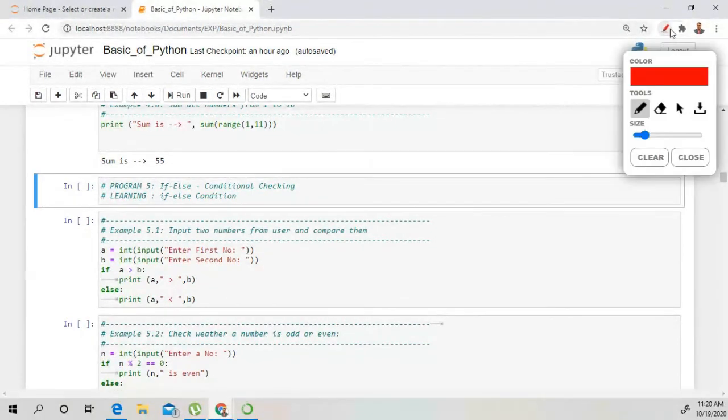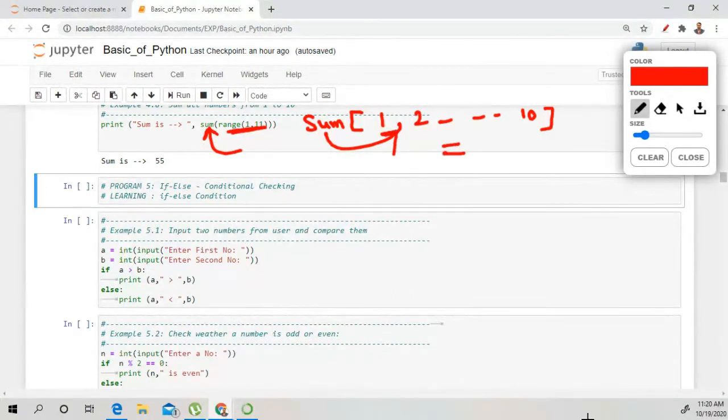This sum is used to sum up the range values. So range values are defined from 1, 2 up to 10, and this sum function will add up all these values and show the final output.